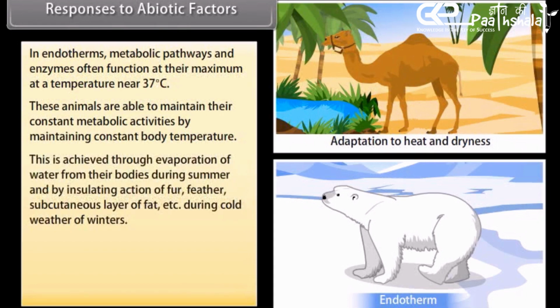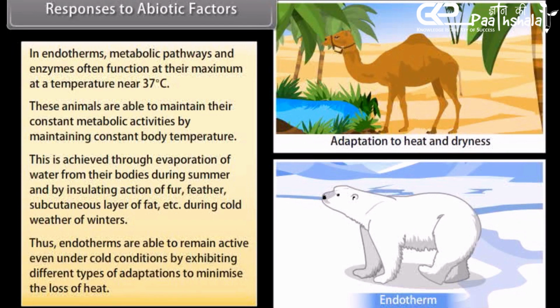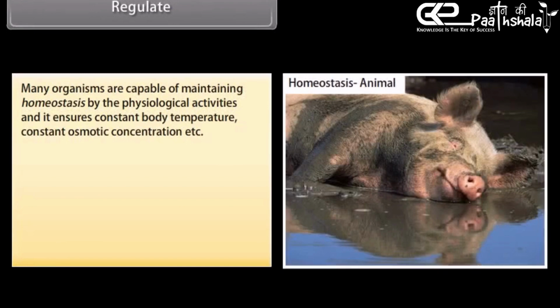This is achieved through evaporation of water from their bodies during summer and by insulating action of fur, feather, subcutaneous layer of fat, etc. during cold weather of winters. Thus, endotherms are able to remain active even under cold conditions by exhibiting different types of adaptations to minimize the loss of heat. Regulate. Many organisms are capable of maintaining homeostasis by the physiological activities, and it ensures constant body